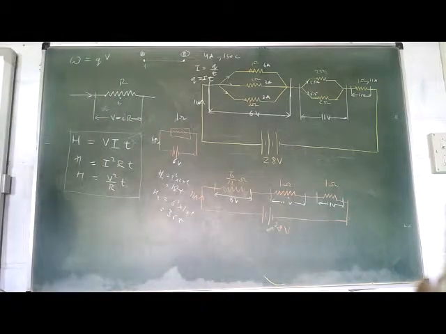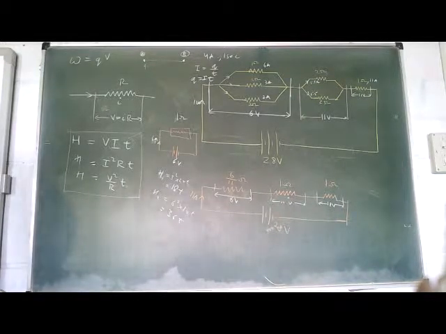Get the point? So what is the situation? The voltage was constant. Voltage I did not change. For the same voltage, if you reduce the resistance, you get more current and eventually more heat. For constant voltage, lesser is the resistance, more is the heat. That is the case in your house. You have constant voltage all around. That is 220 volts in your house, right? So all these geyser and all, if you try to measure the resistance, it will be very, very less. They are heavy equipments, big equipments, but the resistance is very less.